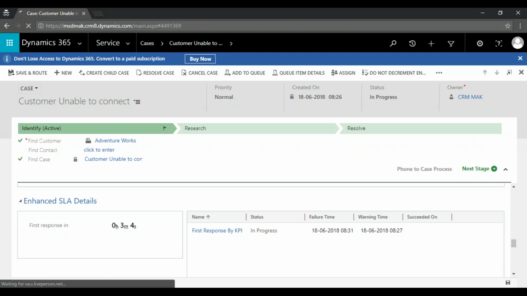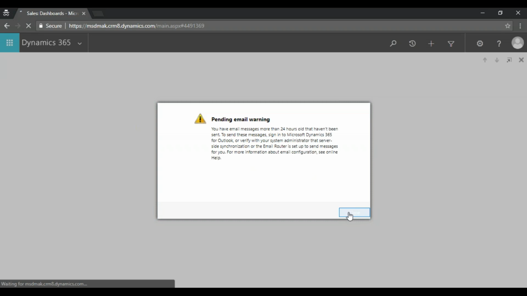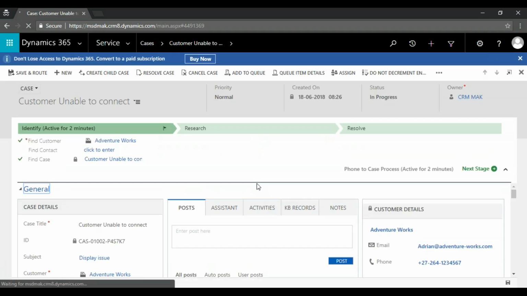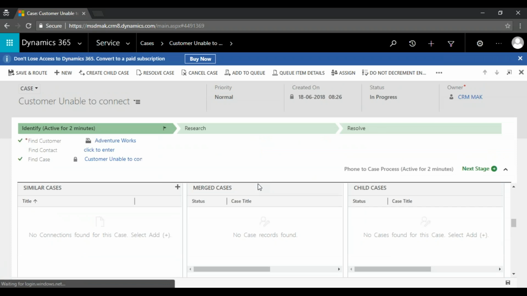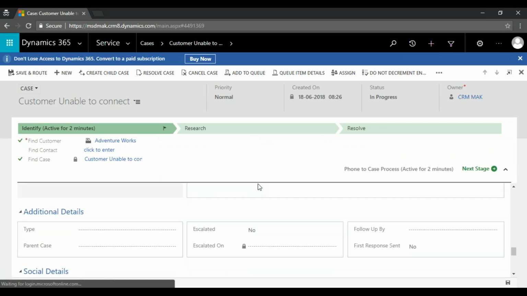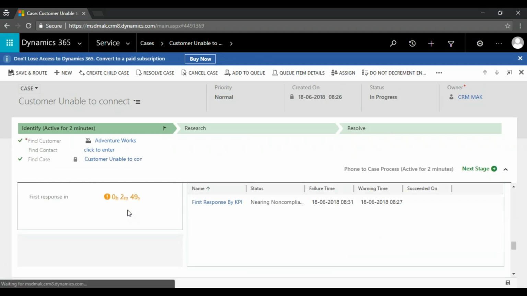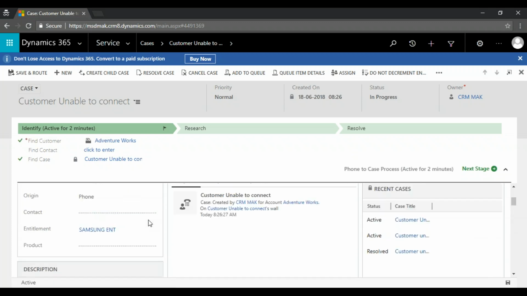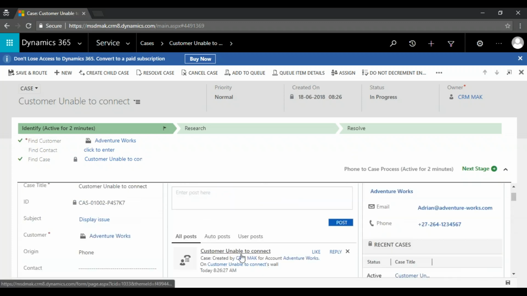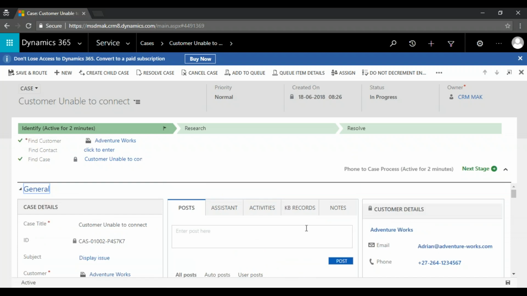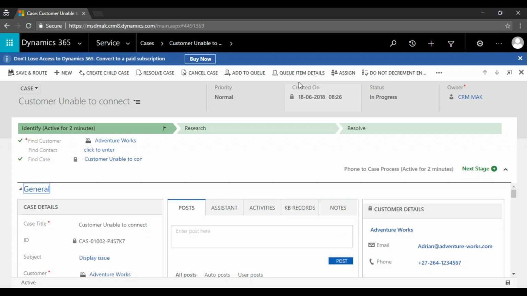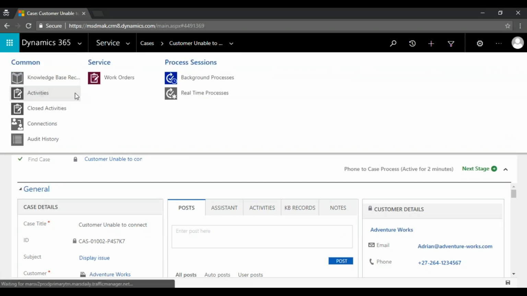So now let me refresh here. This color got changed because this is in warning. So an email got triggered. You can also see in the email activities. You can go to the activities and see.